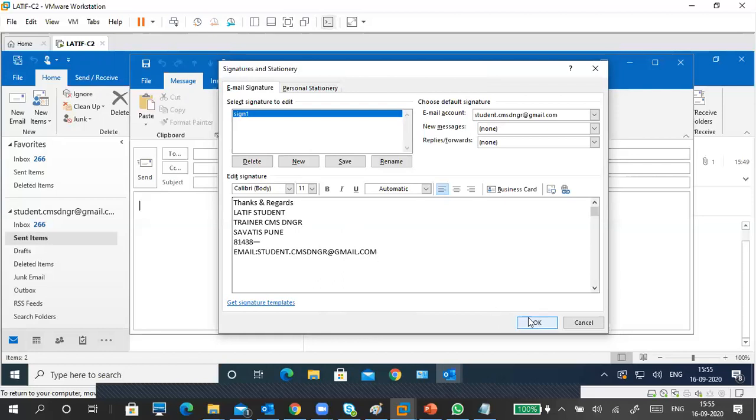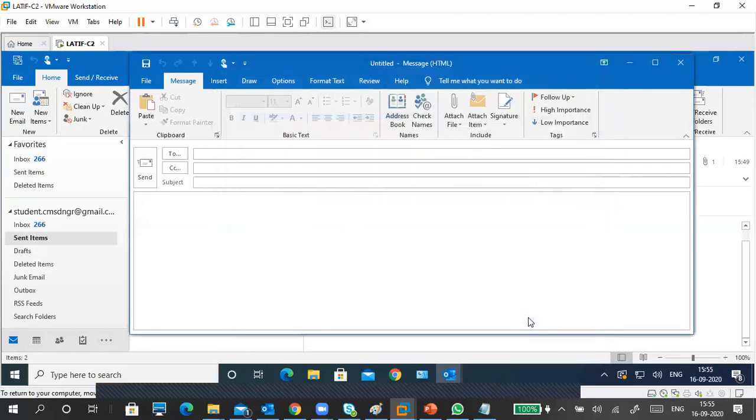Just I created a signature like this. Now you can see the signature. I'm not typing anything here, but I'm going to send a mail to live.com. The subject is again test a message with sign.